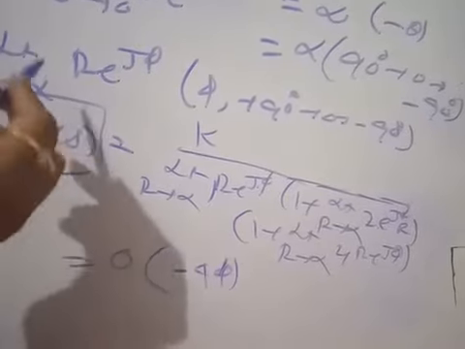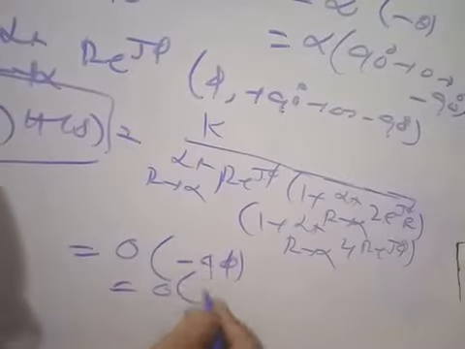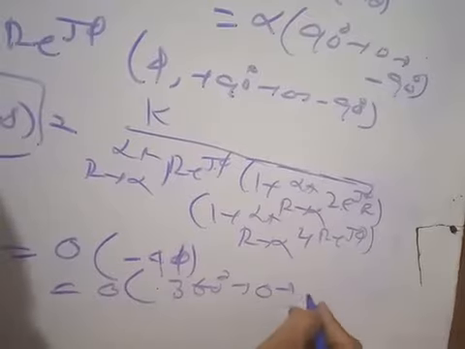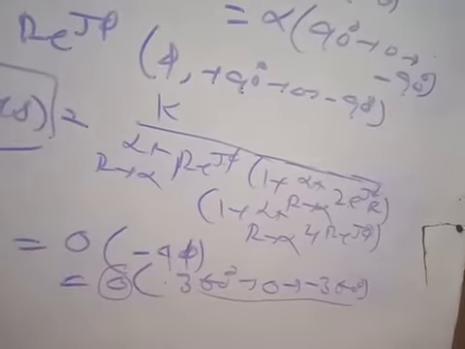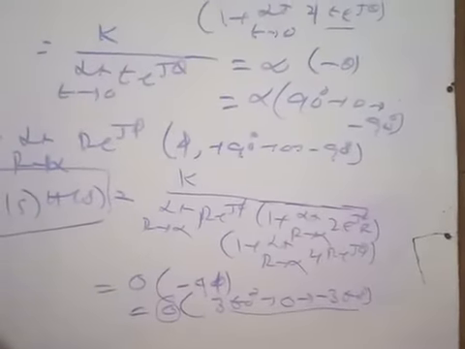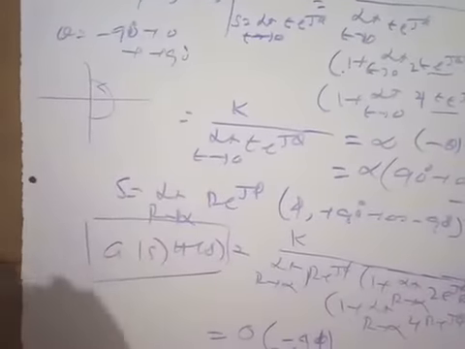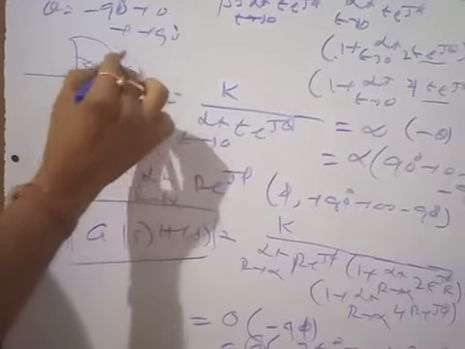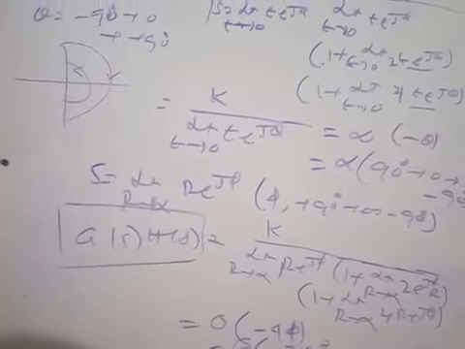As phi varies from plus 90 degrees to 0 to minus 90 degrees, this can be written as 4 into 90 degrees, that means 360 degrees to 0 to minus 360 degrees. As the magnitude is 0, no matter what the phase is. So this is the calculation, and once it is done, the semicircular indent path is mapped to the right-hand side of the S plane, and this path is mapped into the 0. So you have already mapped the total Nyquist contour, right?